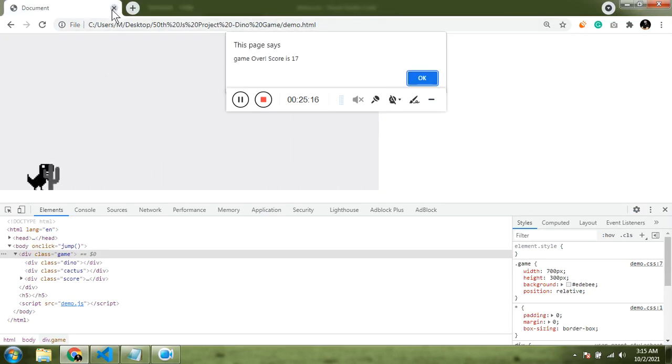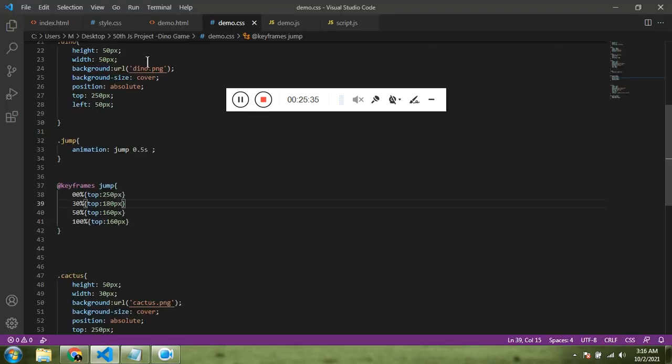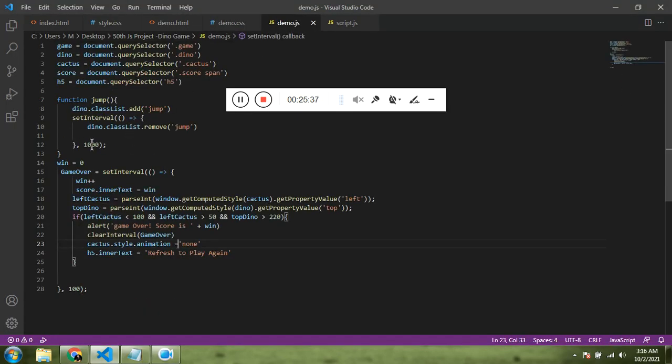Let's close this. Refresh. It's because of the Chrome. Two of the tabs are running the set interval. That's the reason it is slow. Let's try this again with 700.